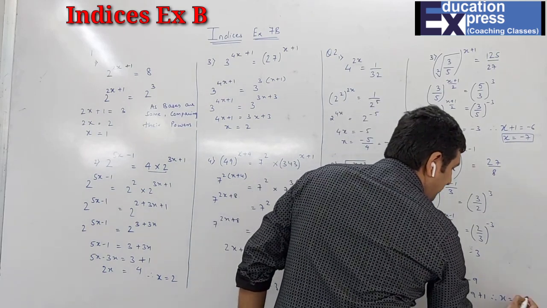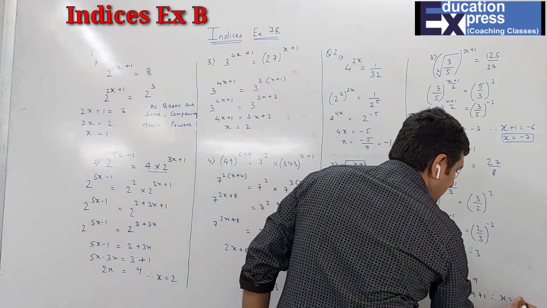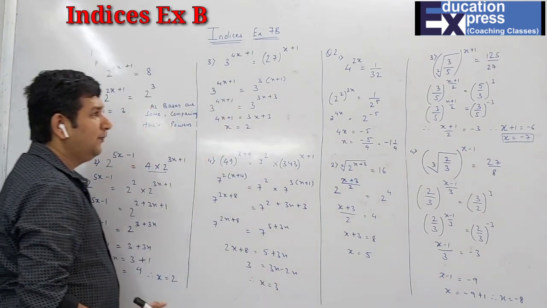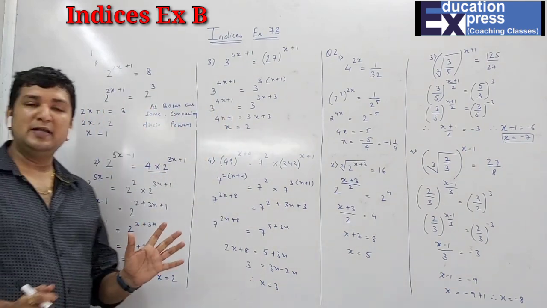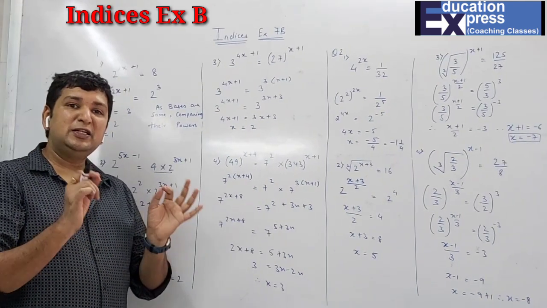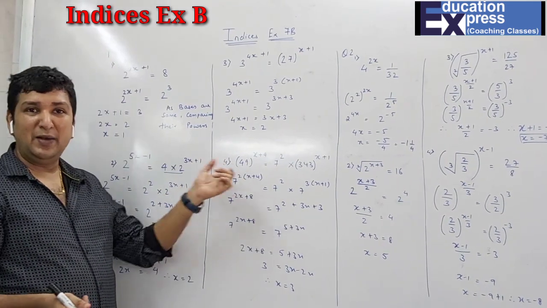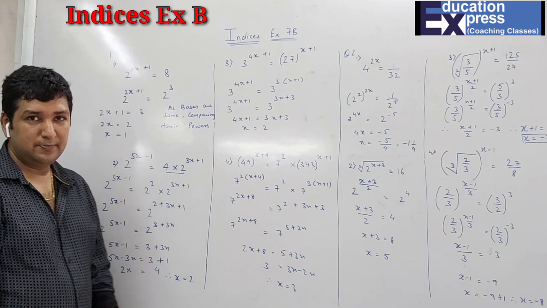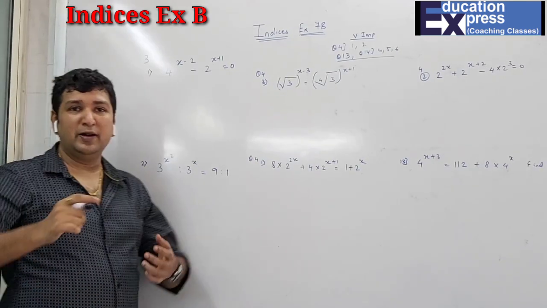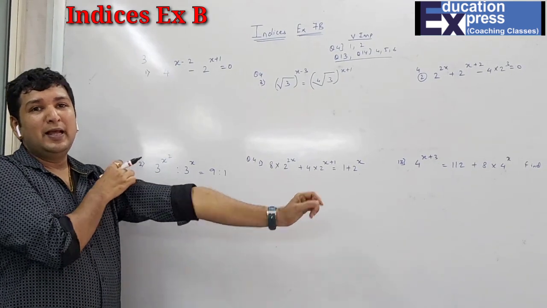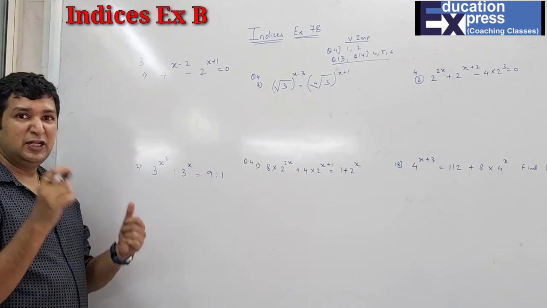So till now we have finished students question number 1 and question number 2 completely. And the concept was what? Exactly same. You have to take each term on either side and then make their bases same and compare the powers. As I have told you in question 1 and question 2, this applies when you have 2 terms and each term on either side.